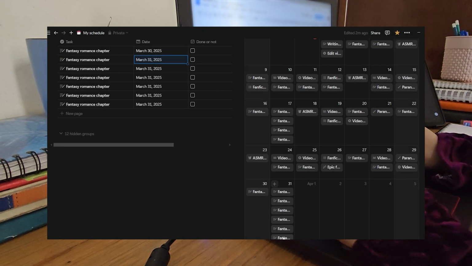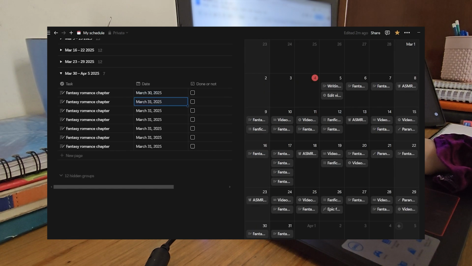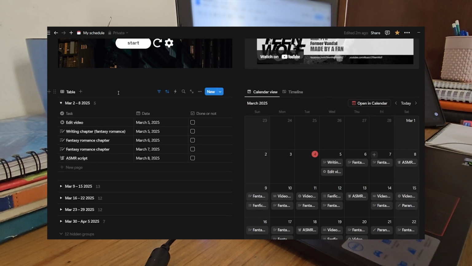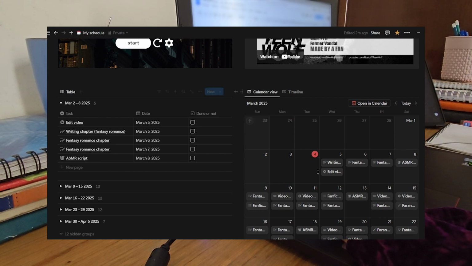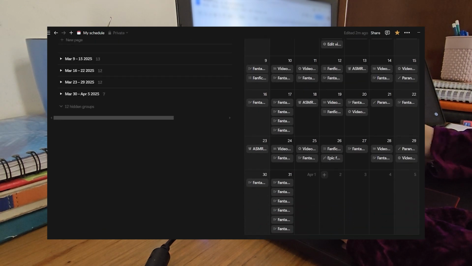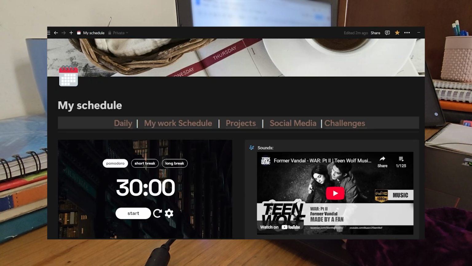So here it is, my writing schedule for March. Of course, things can happen and I'll be forced to not follow it on certain days, but hopefully all goes well. There we go. All of the weeks split and my tasks will disappear to the archives once their box is checked. Now, what I'd like to do is note the first challenge on my challenge page.